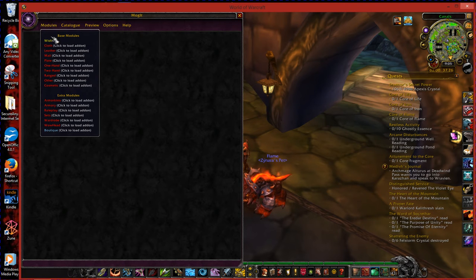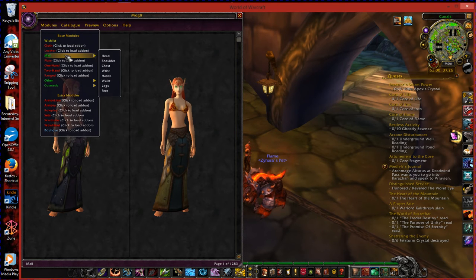You click on modules. You can see that there are different modules here that you can choose from. Cloth armor, leather armor, mail armor, plate armor, one-handed weapons, two-handed weapons, ranged weapons, others, which includes shields, offhands, and back, in other words, your cloaks. Cosmetic things that are just additional fun pieces would include all of them, but the one that I look at most is the shirts. What you look at here will depend on what type of character you are playing. Mine is a hunter, so today we'll be looking at the mail armor. As you see, you click on mail and it comes up with all the different slots that you need.